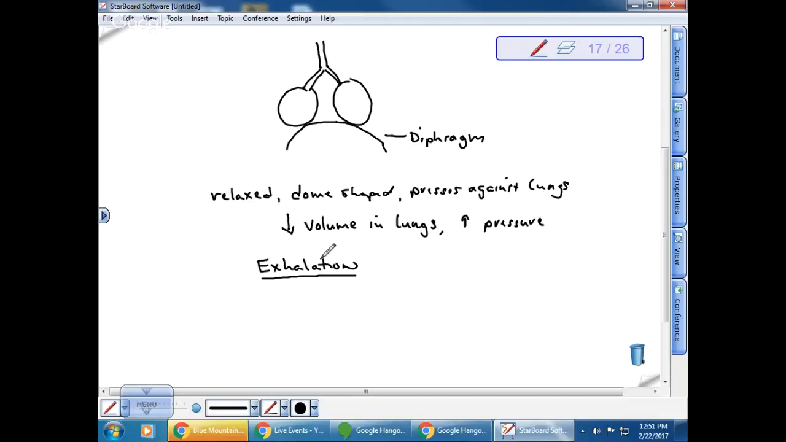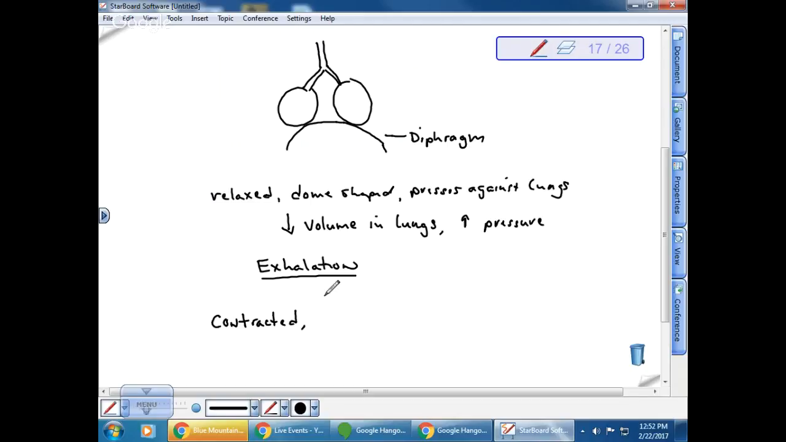So if I want to force a lot of air out of my lungs, I contract my intercostal muscles, which make my whole rib cage press in on my lungs, and that decreases the volume, and that makes more air move out, right? So exhalation normally doesn't take a lot of energy because the diaphragm is relaxed. Okay, so when the diaphragm is contracted,